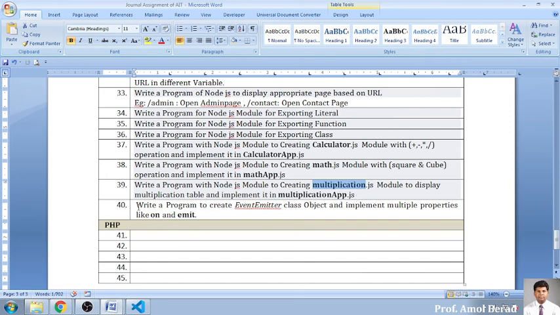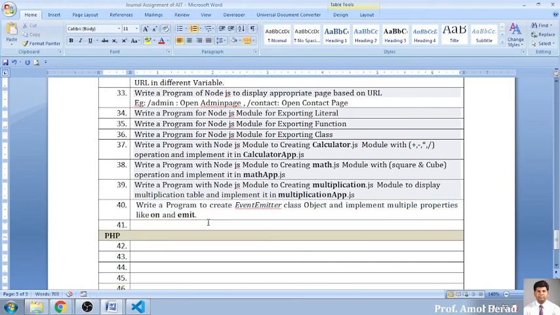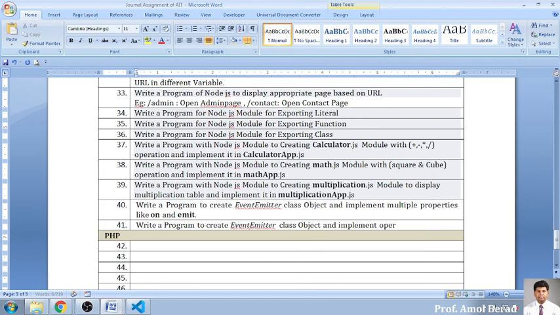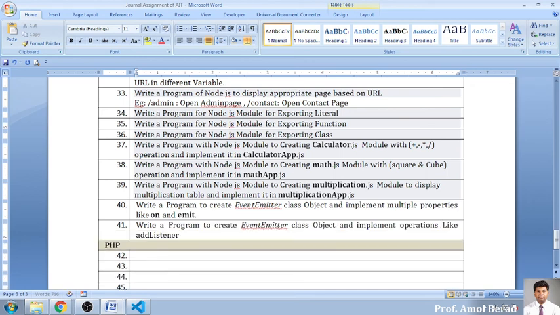And finally, we have worked on creating emit classes. And the last one, I need to add into this one, number 41: write a Java program that implements operations like add listener and remove listener.